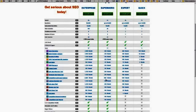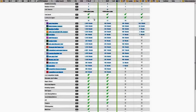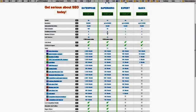And that's the goal of competitive research, to actually get an understanding of which keywords make more sense in the beginning than others. And the question, I think, was also, do we have to, and these are all monthly plans, right? And as you can imagine, the superhero here is the most popular one because it has all the tools in there, and the processing speed here is also decent. Well, enterprise is still 8 times faster than the standard, but with the superhero, you're already quite decent in terms